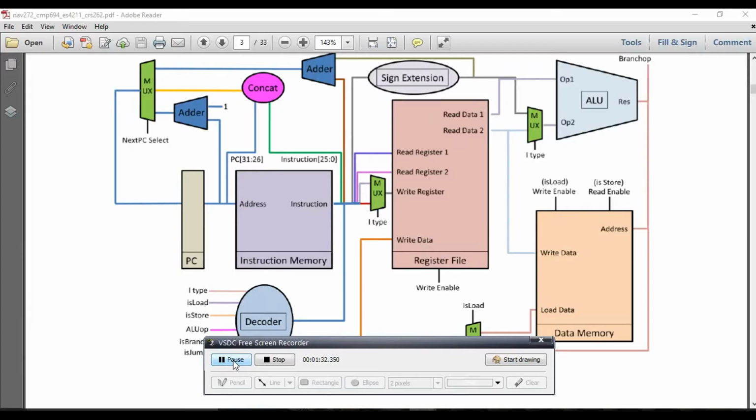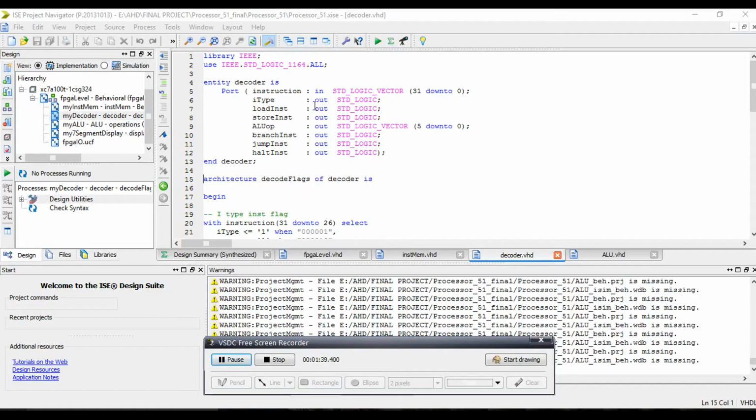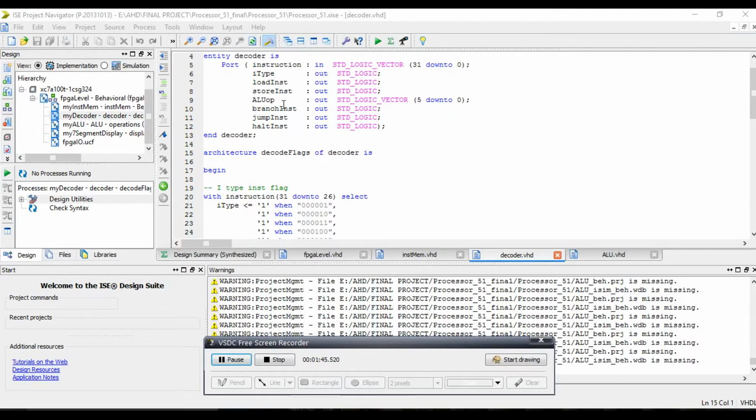The instruction is then an input to the decoder and the register file. So the 32-bit instruction is an input to the decoder and the decoder decides the type of the instructions that need to be executed.